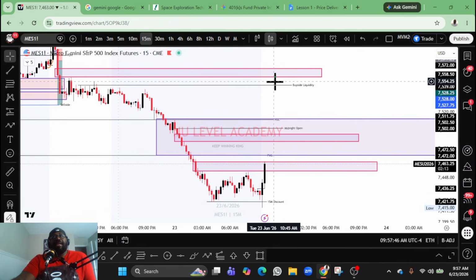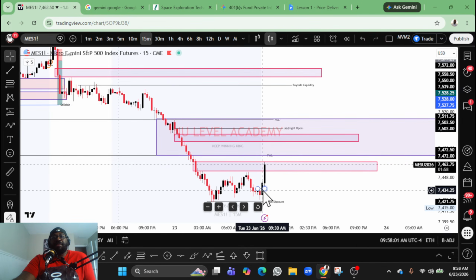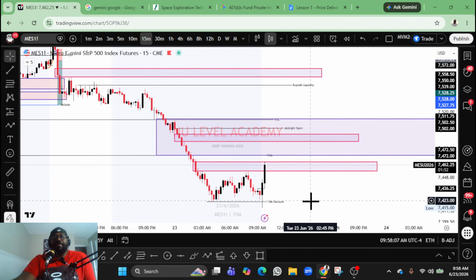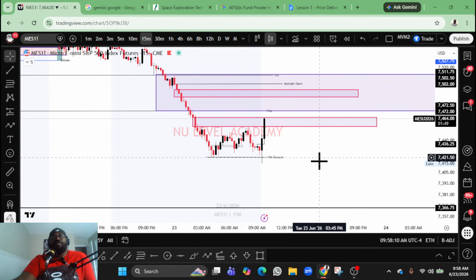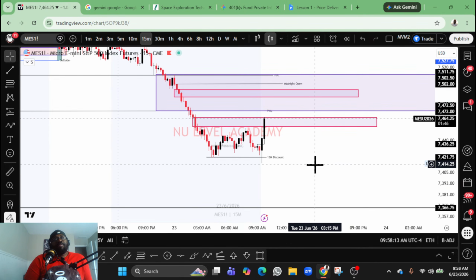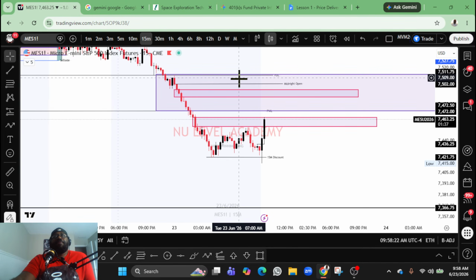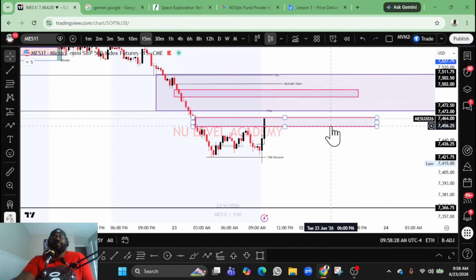Do we come here and take out buy side? The only reason why I would look for us to take out buy side is if we crack above midnight open. We haven't cracked above midnight open to even give me any type of long bias. So this for me just feels like a retrace, right? Get a retrace, some breathing room, and then we start trending back down. So let's see if we sweep previous week low and take it all the way back to 50% of our 4 hour FVG. And that may be our entry for short.